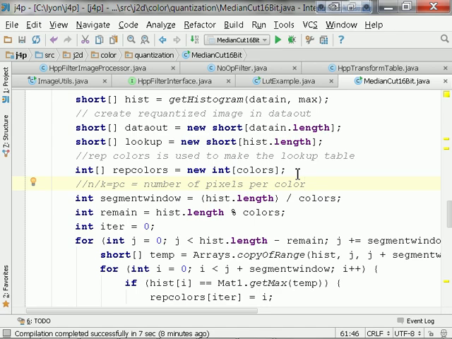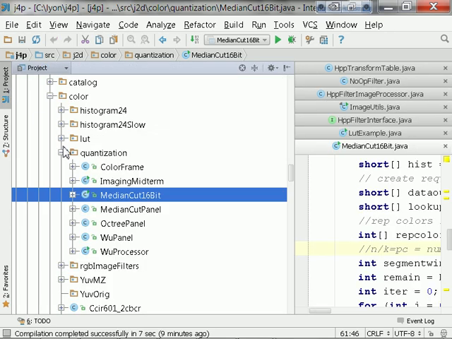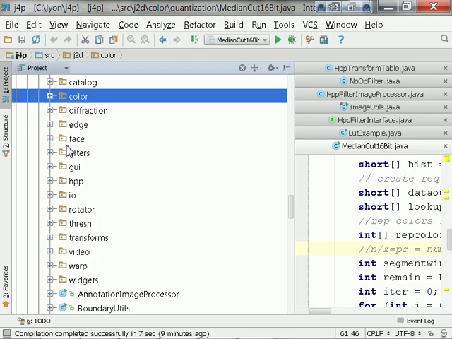I could be wrong, but I thought when I met with you in your office, you said that I needed the number of colors in the input image. If you read the algorithm as it's printed in the document, it says input an image and the number of colors. That's the number of colors that you want to requantize to. So when you run the median cut algorithm using